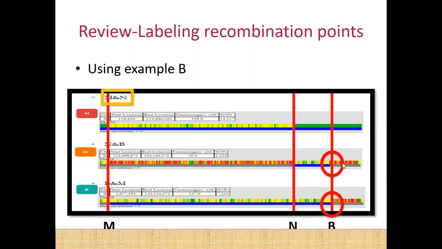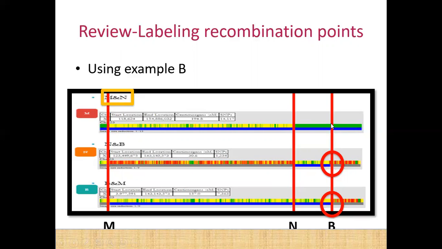One more time, we see our first point of change here, where N and B went from sharing a half identical segment, or sharing DNA on one of their X chromosomes with each other, to not sharing any DNA at the end of the X chromosome. And B and M went from a half identical segment, where yellow over blue, where they shared DNA on only one of two X chromosomes, to not sharing any of the same DNA on the X chromosome at this very end piece. Now, if we look down up here